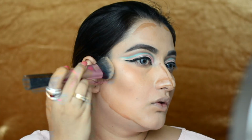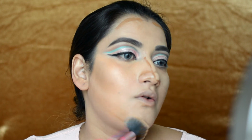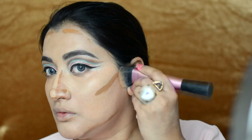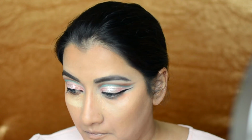Now I'm taking this Real Techniques contour brush and just see, oh my god, this is so beautiful. The contour, the finish of the contour. This foundation is really very nice. I do recommend this foundation. And then I'm just going to buff it out and make sure everything is nice and blended, and then we can move on with powdering our face, also contouring the